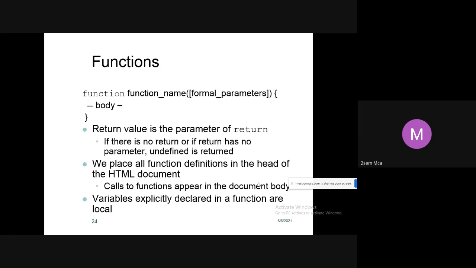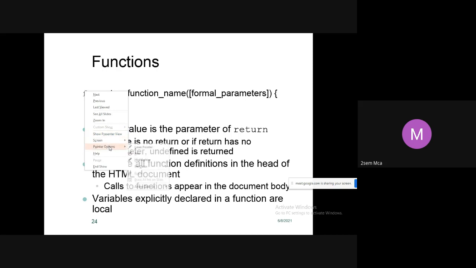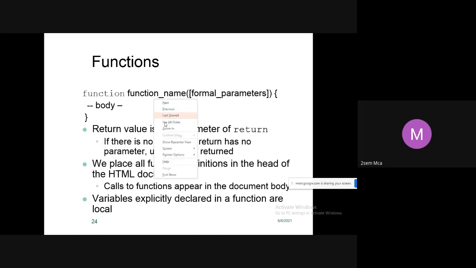So next we have functions in JavaScript. This is the syntax.